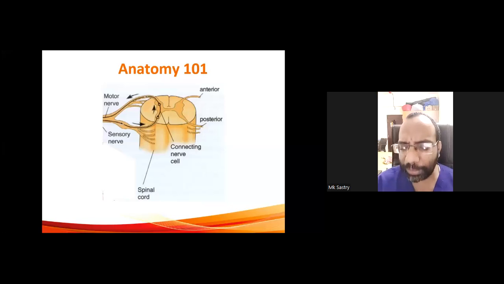If you don't support me, if you don't learn the basics, there's no use of learning these things. If you don't know myelin sheath, if you don't know what is spinal cord injury, for example, if the spinal cord injury is there, you should immediately visualize. इमीडिएटली मन में आ जाना चाहिए कहाँ इंजुरी हुआ है तो मोटर नर्वस सेंसर इनफ टूट गया